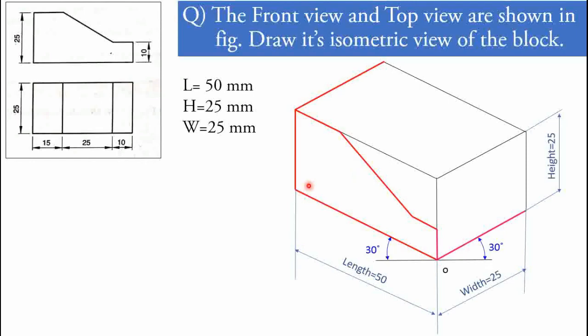Means that surface that we have created here, we have to extrude, means extend in a third dimension, that is the width, which remains to be represented. So in the width direction we can extrude this along the 25 mm width. Okay, so that is called an extrusion process, or that is one of the types of drawing the isometric view. After creating the actual structure of the front view in one plane, we just have to extend it in the third dimension, that is, the third dimension is nothing but the width.